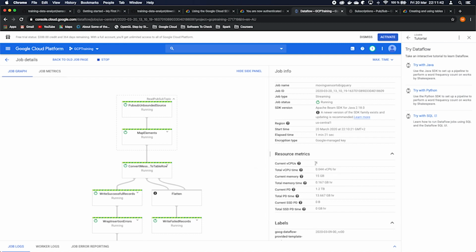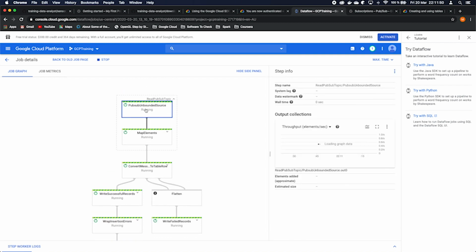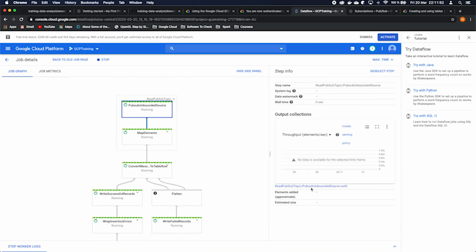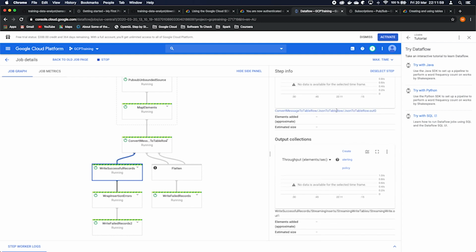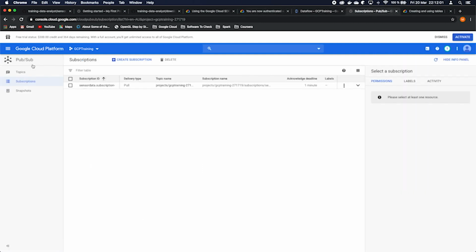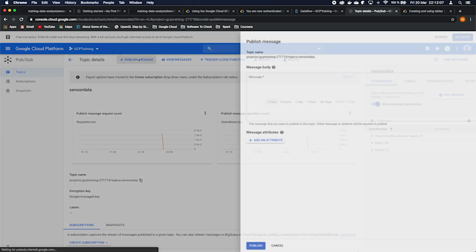As you can see at the moment, we have a job which is using 4 CPU, and here we have this which will read, and here it will write to BigQuery. So now that we are ready, we can go to topics and try if it's working. Publish message.